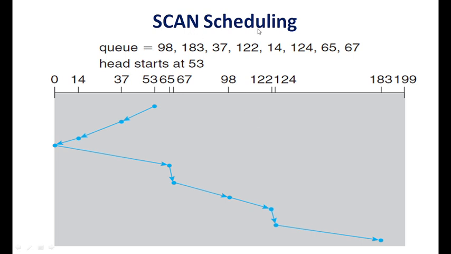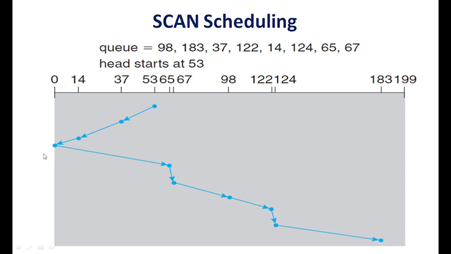The next algorithm is called scan scheduling. So there is a logic behind the scan scheduling. Here what happens is that the head will move from one direction towards the other extreme, and then it will start going up. This is the simple idea of the scan algorithm. So as we can see in the graph, from 53, which is the initial head position, it goes to 0, which is the lowest track, and while going to 0 it takes all the requests. Whatever comes in the way, it serves them. So 37, 14 are served as it is going towards 0,